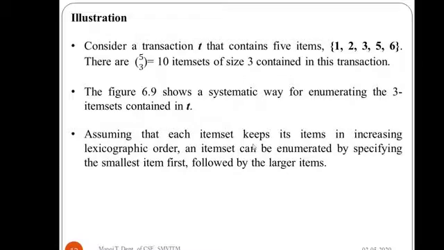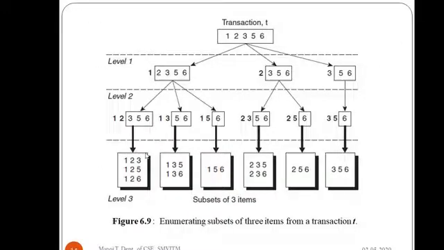Assume that each item set keeps its items in increasing lexicographic order. Why is this lexicographic order important? In order to avoid duplicate item sets being considered. So keeping that lexicographic or alphabetic order in mind, we are going to consider the smallest to the largest items. So if we take this 1, 2, 3, 5, 6 transaction, then we can enumerate the